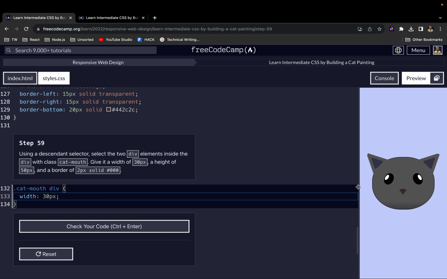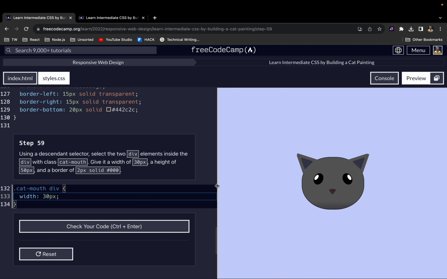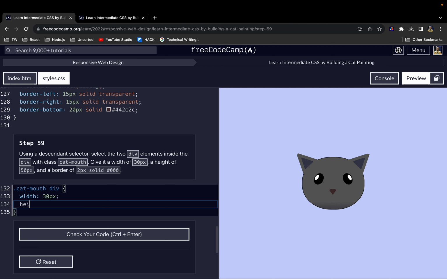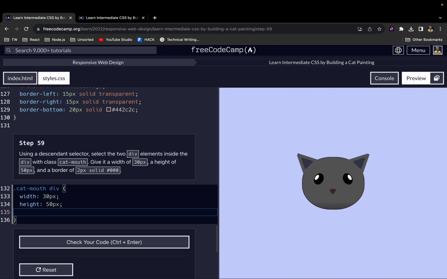30 pixels. Let us also give them a height of 50 pixels. And then let's give each one a border of 2 pixels solid #000, like so. All right,